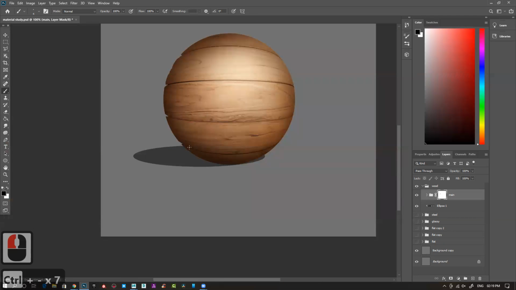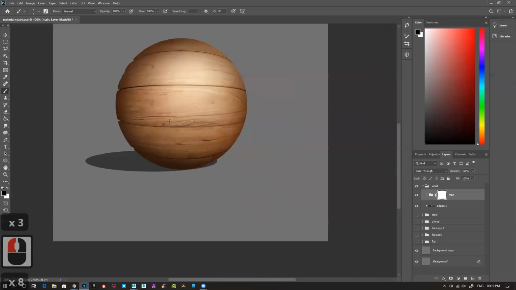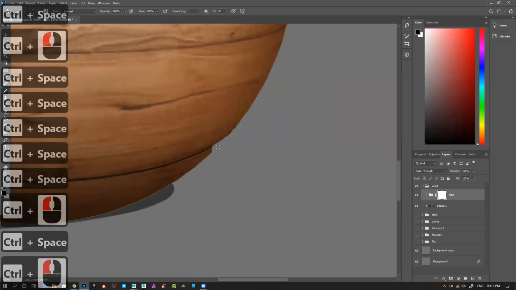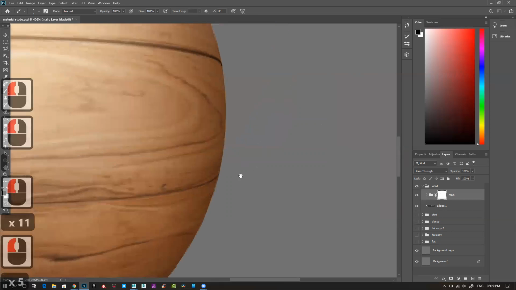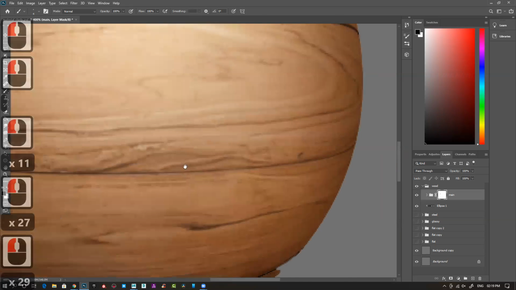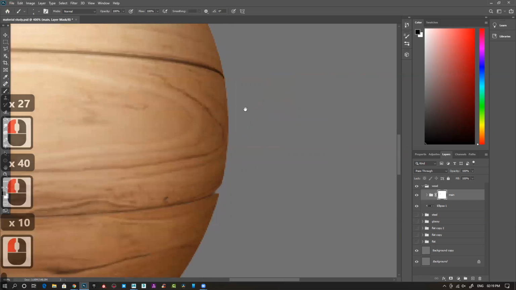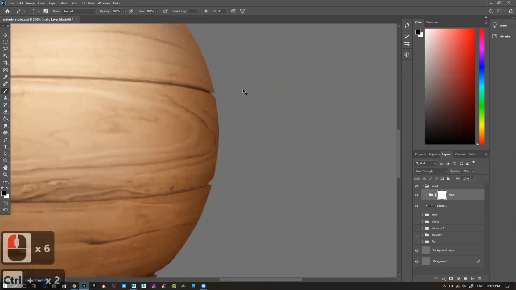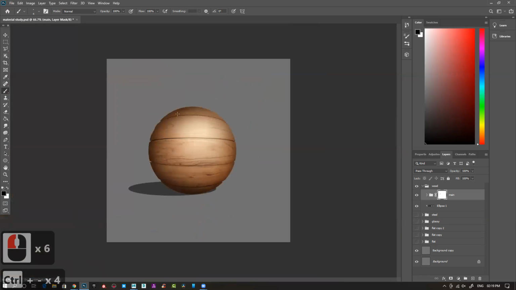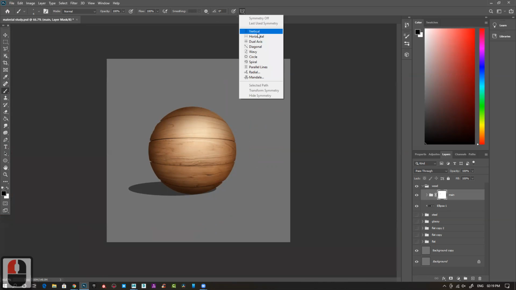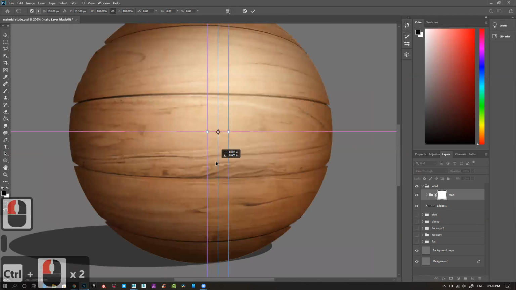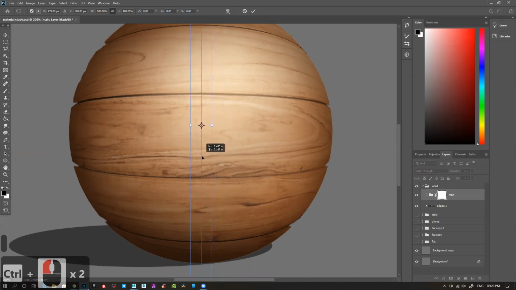Zoom out, you can see. So it started looking like it's wrapped around that spherical shape. This line. And suppose your sphere is absolutely in center. If it's in absolute center, you can use symmetry as well. There is an option for symmetry, vertical, horizontal, all this symmetry is there. So if you want, you can move and then make it perfect symmetry,